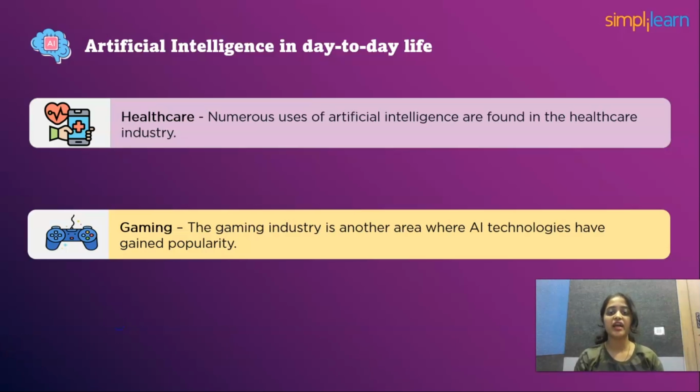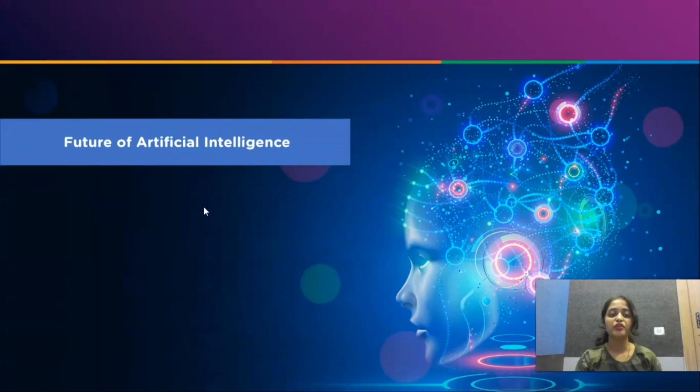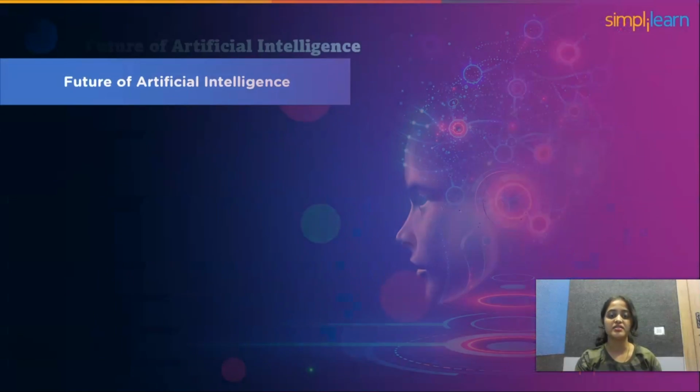The 2014 Alien Isolation video game used AI to follow the player around at all times. Two artificial intelligence systems are used in the game, the director AI, who frequently knows where you are, and the alien AI, which is controlled by sensors and behaviors and persistently pursues the player. These are all the important applications of artificial intelligence we have covered. Finally, we are going to see the future of artificial intelligence.